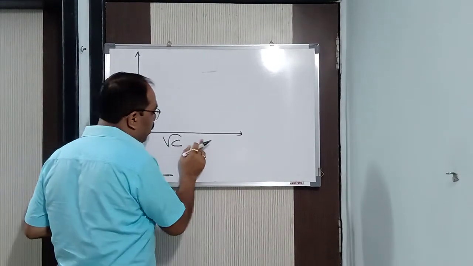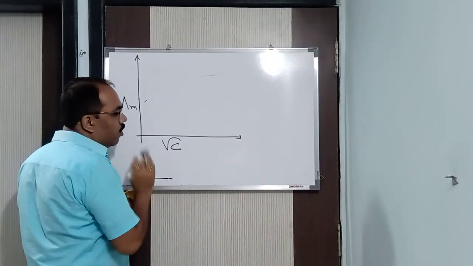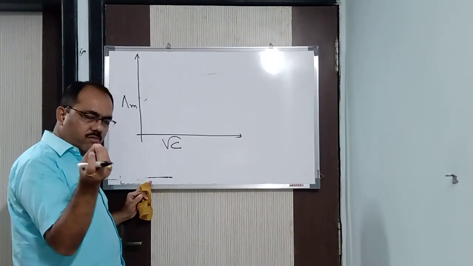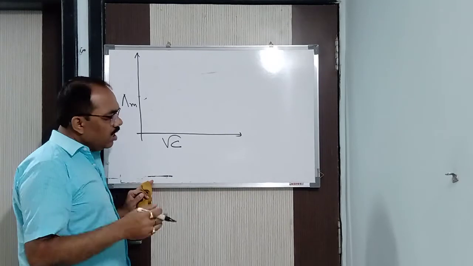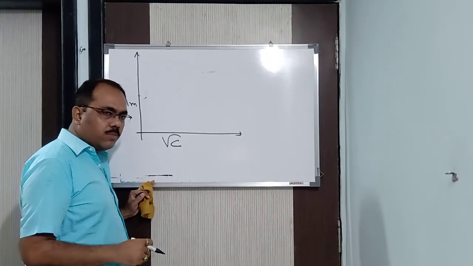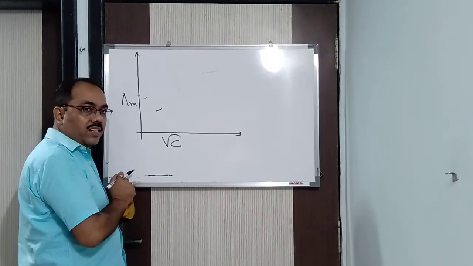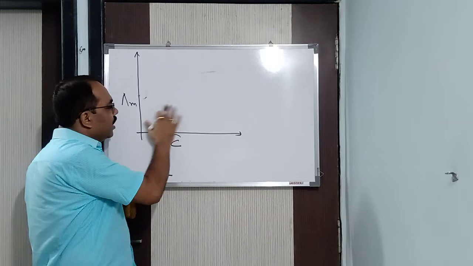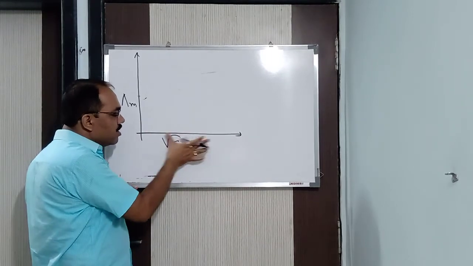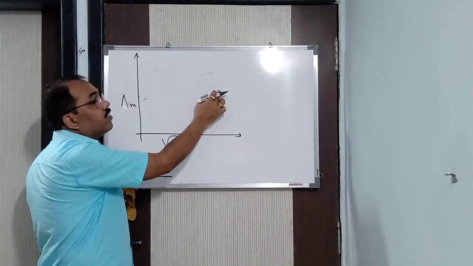I have taken cap M versus root C, the square root of concentration. Now concentration is a very small value, and if I take the square root it becomes still smaller. If you draw a graph, you may get this sort of graph. Will you understand anything? No. So to increase the concentration value, so that I can get a good quality graph,